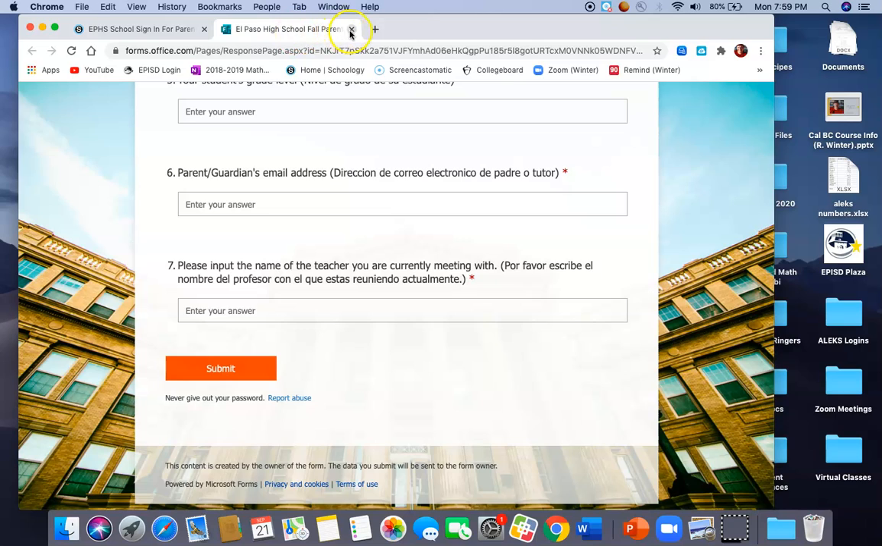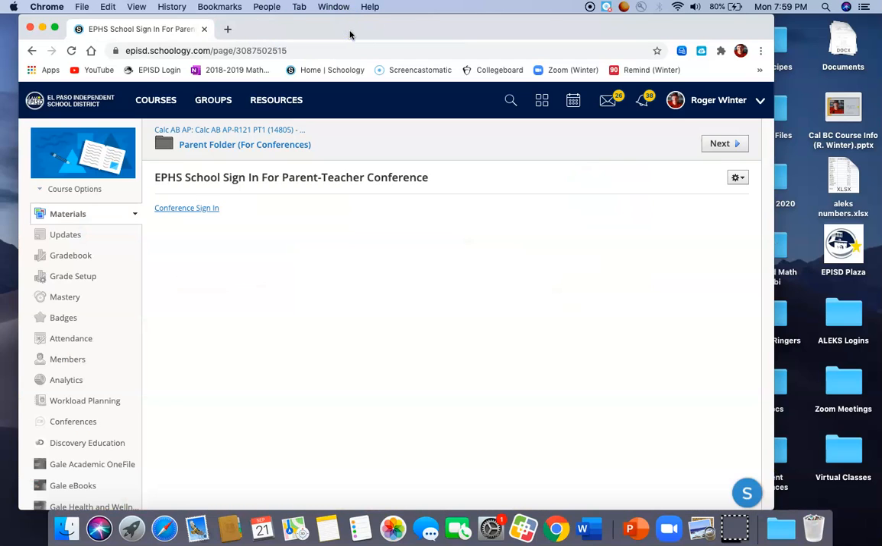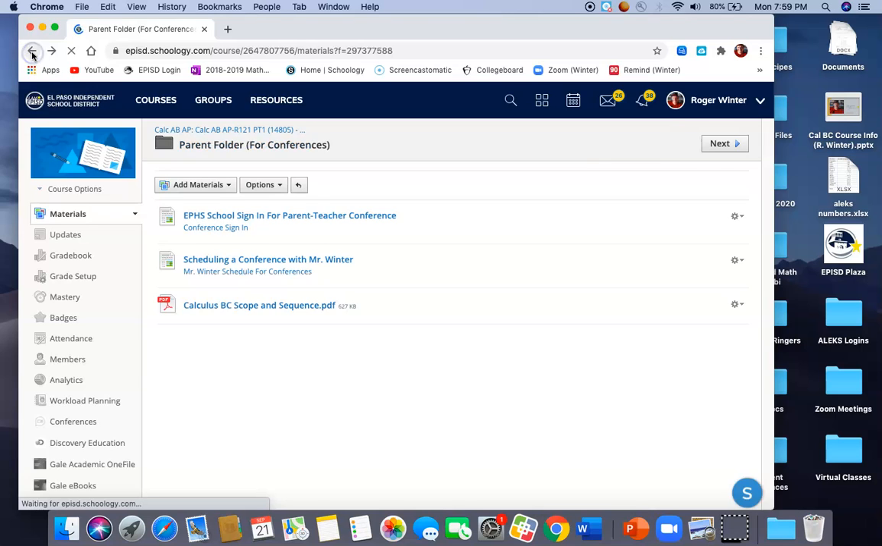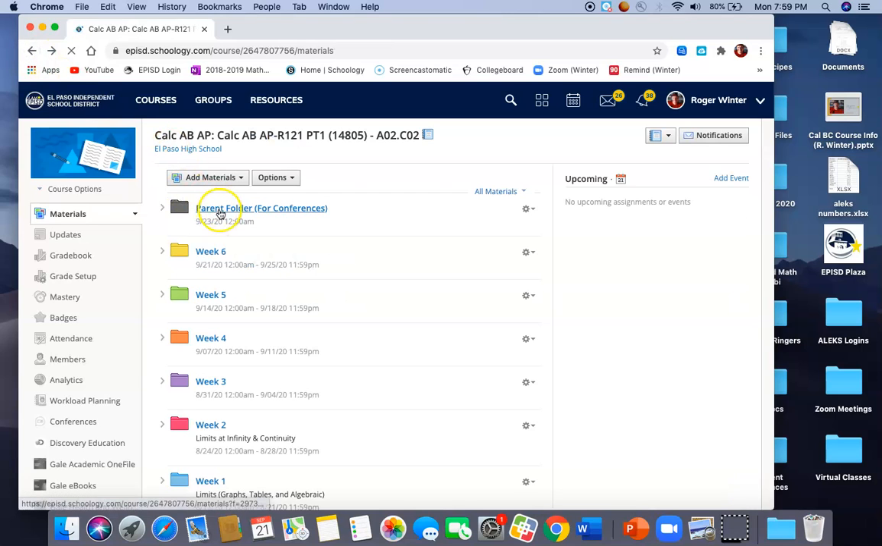So basically we're looking to get some information about you, and then also to see, is this virtual format working? What can we do to tweak it and make it better? So there's that. That's in the parent folder. This is all stuff for you. As far as what your child sees, here's what we're doing right now